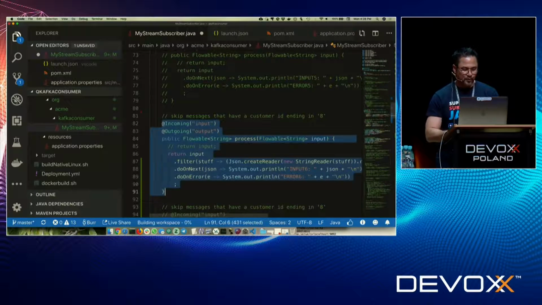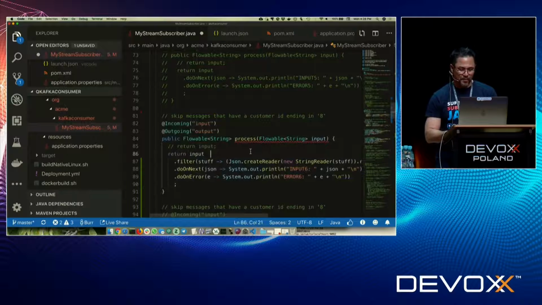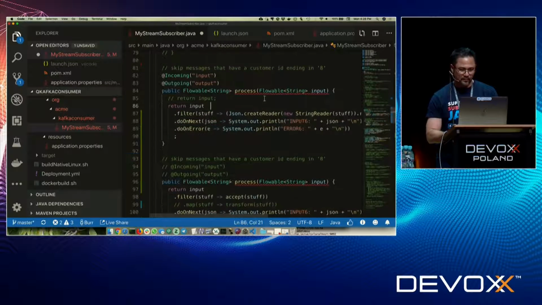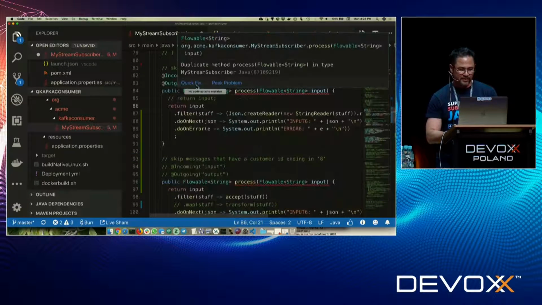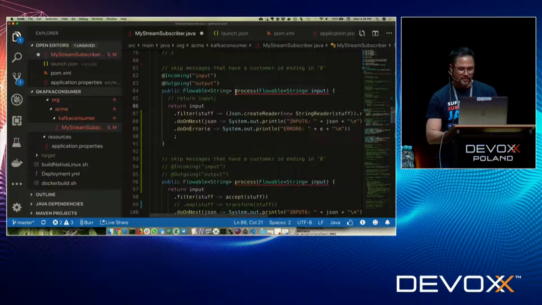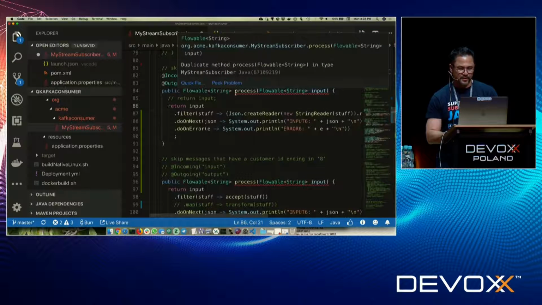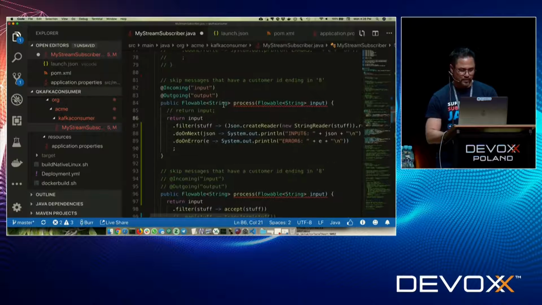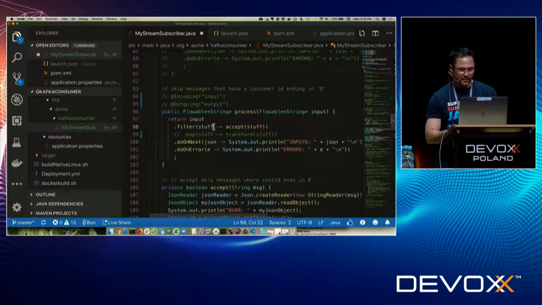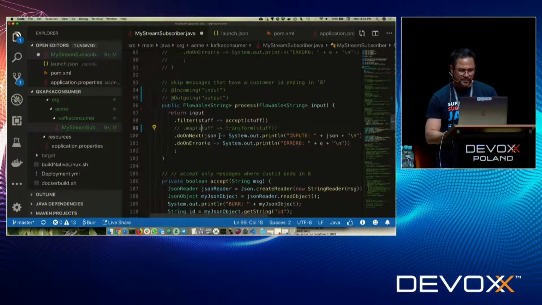So this is an example where I don't necessarily want all the outbound messages. Why do I have an error there? Process input. So I must have another process here someplace. Duplicate method. Yeah. So where is the other process? Oh, that's because I have this one down here. Okay. And so, this is a good example. All I do is comment out these annotations.